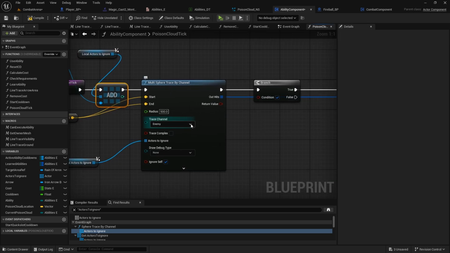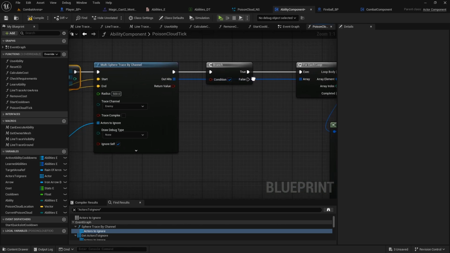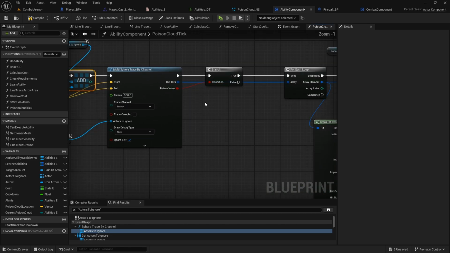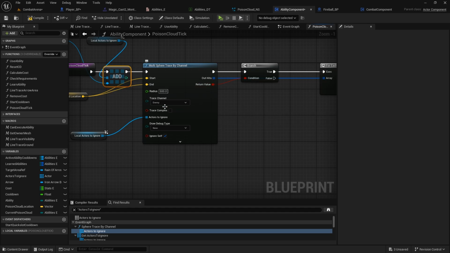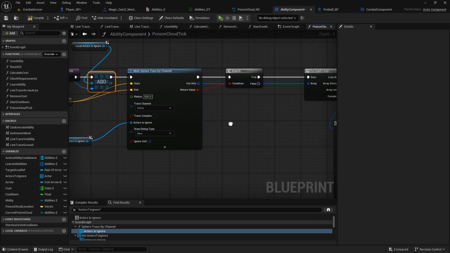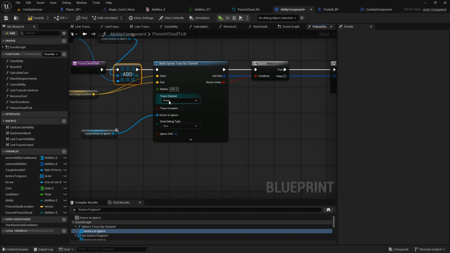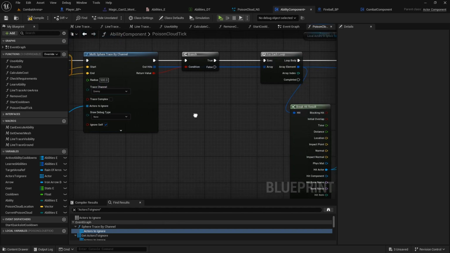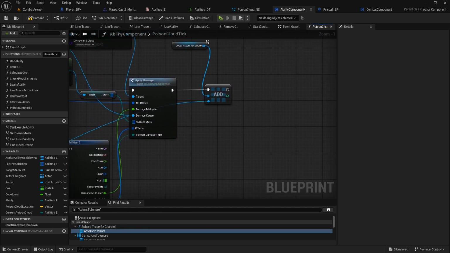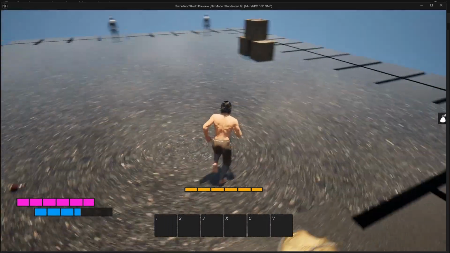I was tracing visibility, but for some reason it was still giving us damage, and here the condition I always had true, so that's why it was giving us error. This needs to be connected to return value. And I'm surprised that it was working, because it was going to the apply damage directly, but like too many times. Okay, so don't forget to connect this, and don't forget to change the trace channel to enemy, and then that should be it. So one more time test,